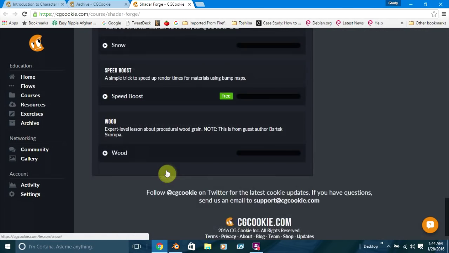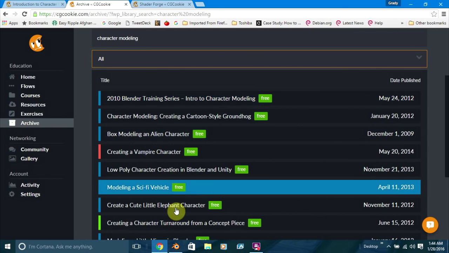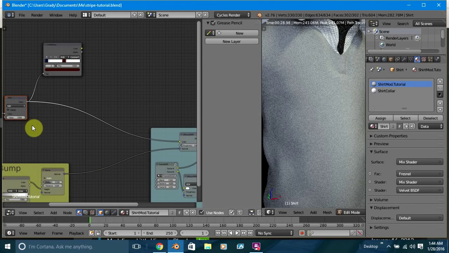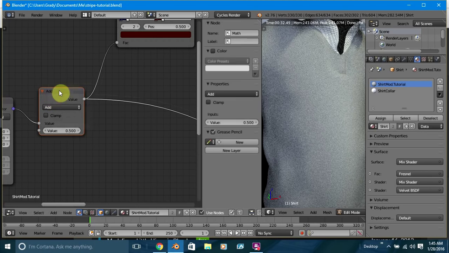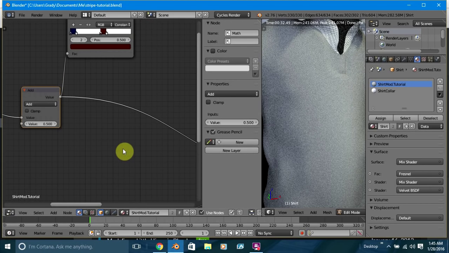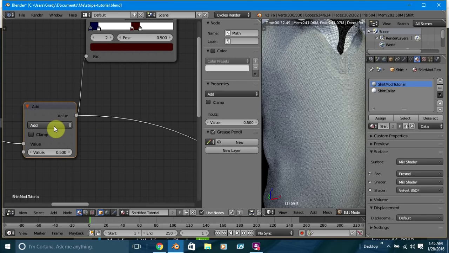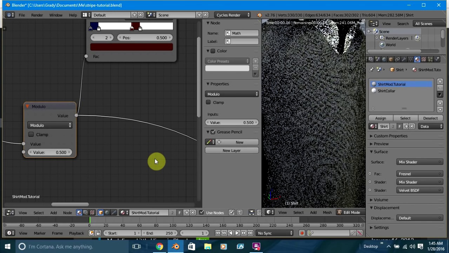In the Shader Forge series, he put together this node group, and this node group actually gives us exactly what we want. So in case you haven't seen that tutorial, here's that group. It's the modulate group. If you're familiar with that tutorial, it's the modulate group. You can either create it or import it yourself. But if you haven't seen that, what you need is a modulo node,